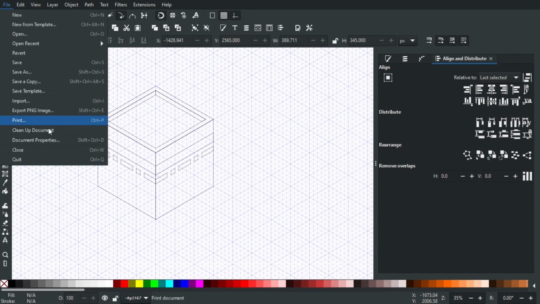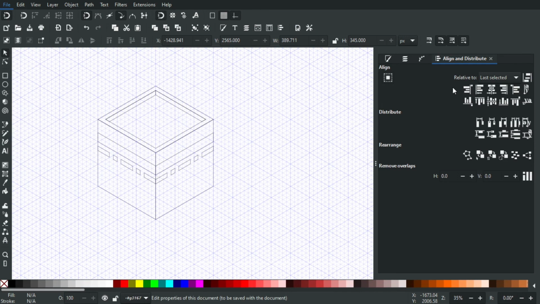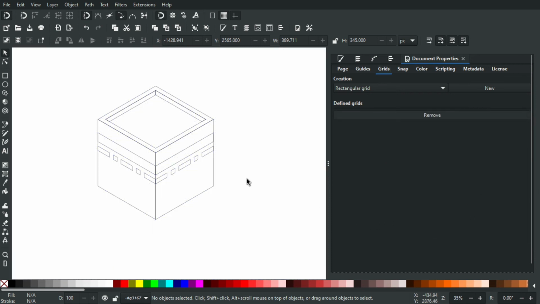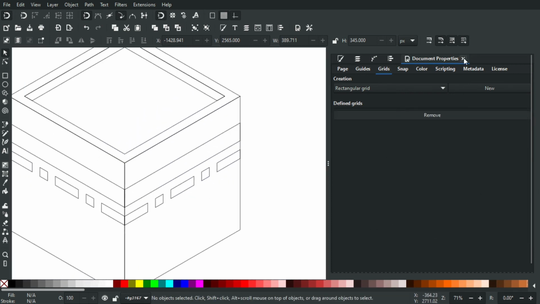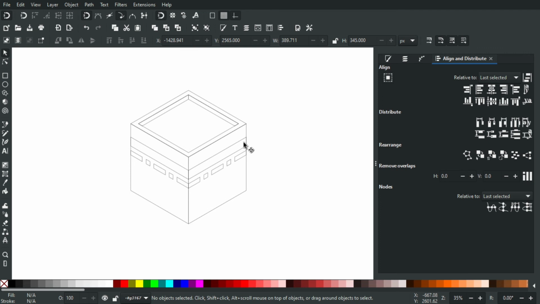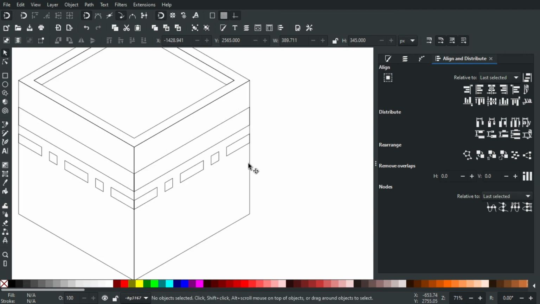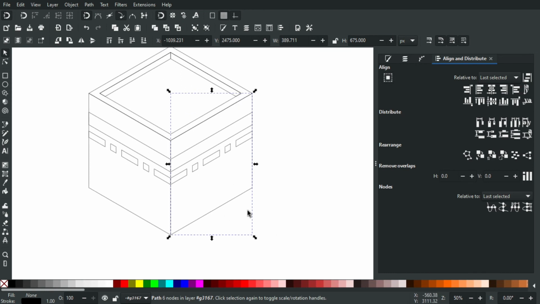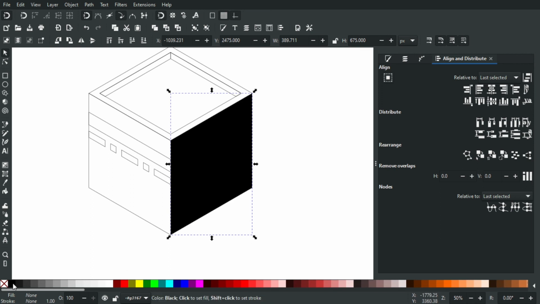So go to the file, document properties, and under the grids, we're just gonna click remove to remove every grid on the document like that. And now the next step is we're gonna do some coloring. So let's click on this right side here, and we want to have the light come out from the top left corner. So I'm just gonna click it, hold shift and click on the X to get rid of the outline. I'm just gonna add a solid black color,